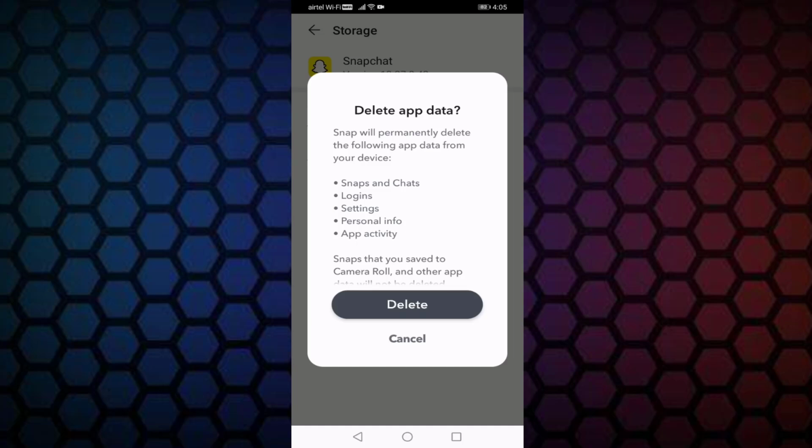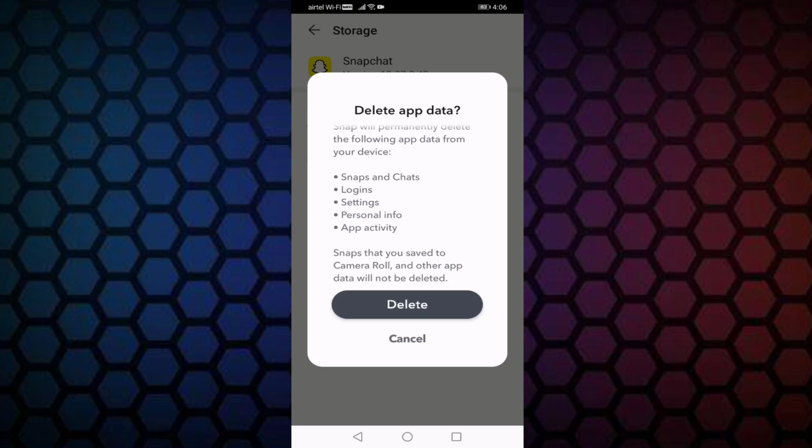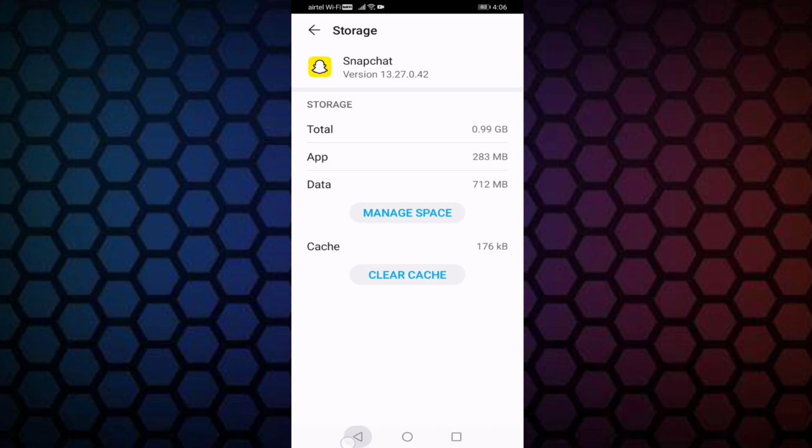Before clearing the data, read this sentence carefully. Snap will permanently delete the following app data from your device: Snap and chats, logins, settings, personal info, app activity. Snaps that you saved to camera roll and other app data will not be deleted. And you should know your user ID and password. Then press on delete. After doing this, go back,